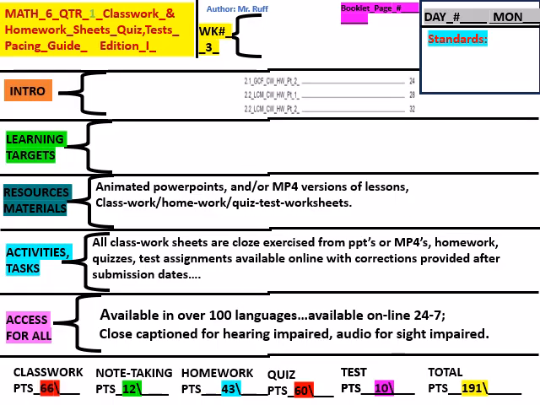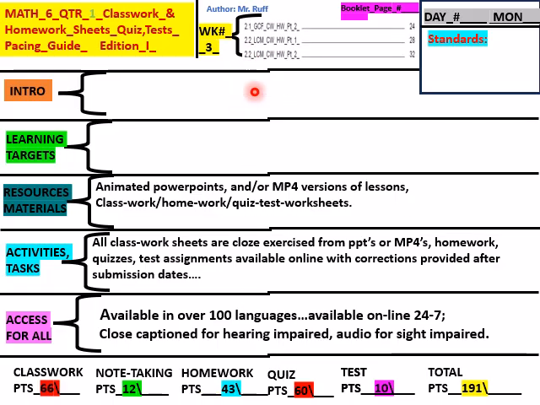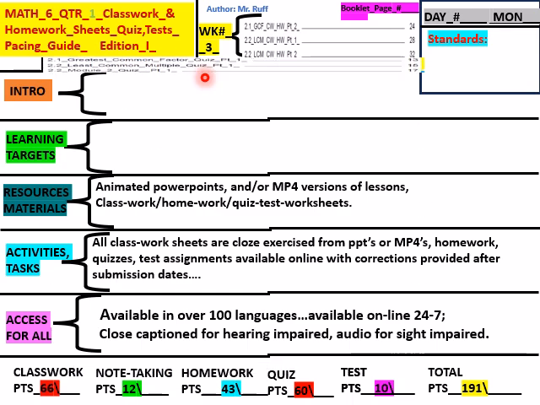And let's go right into week 3 here. We cover greatest common factor, classwork homework part 2, then we go into 2.2 least common multiple part 1, part 2, and see our quizzes and tests are here. Greatest common factor quiz, least common multiple quiz, and then we have a 2.2 mod 2 quiz, which is chapter 2 quiz as well. And then the standards that we cover will be over here,